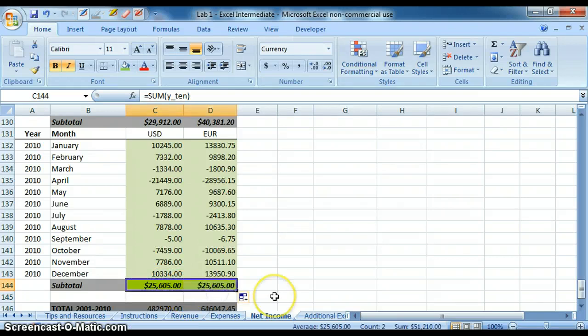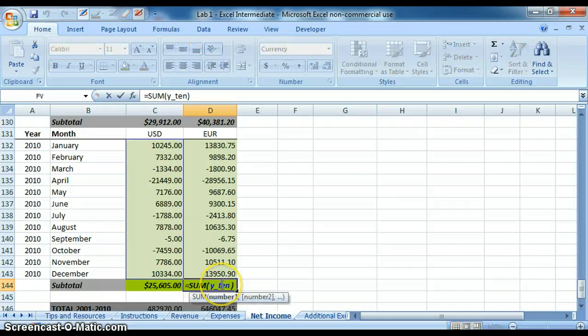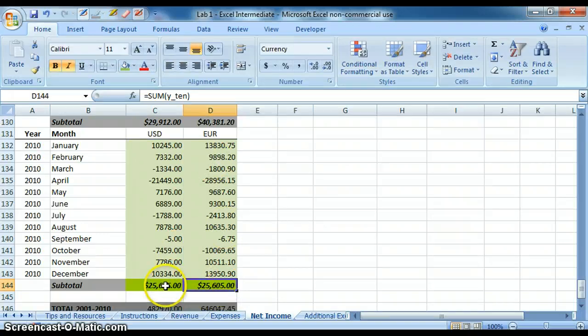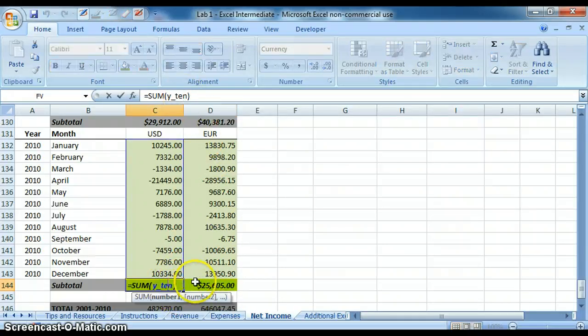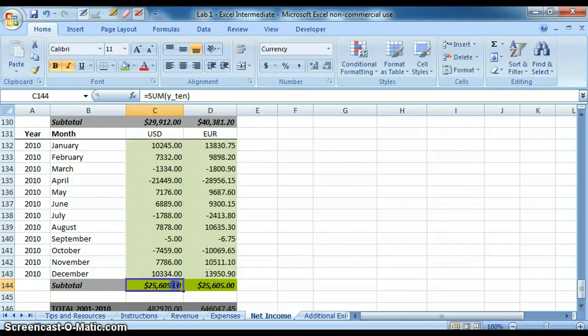Again, I can drag that formula over, and just want to double check. It's giving me sum of Y10. And in this case, there's a problem, right? Because I've used the name manager, it's not actually treated as a relative reference. It's treated as an absolute reference to these cells. So in this case, you have to be careful that when you use that name manager, you don't make that mistake. So we're going to